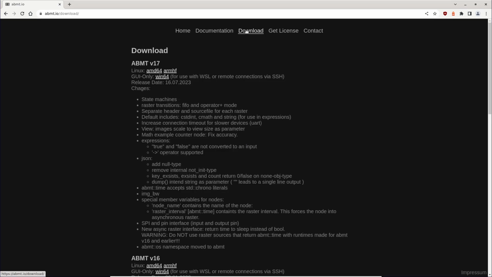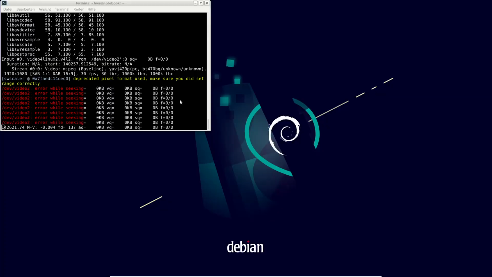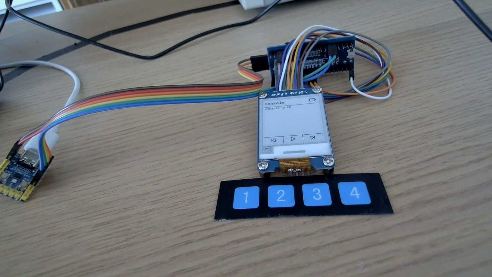ABMT 17 has a lot of new features, and we go through this list here and I show you what's new. The biggest feature are state machines. I prepared a small demo for that. I make a separate video about this, but display applications are very useful. Every screen could present a state, so